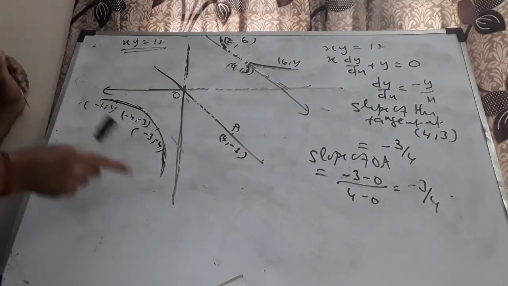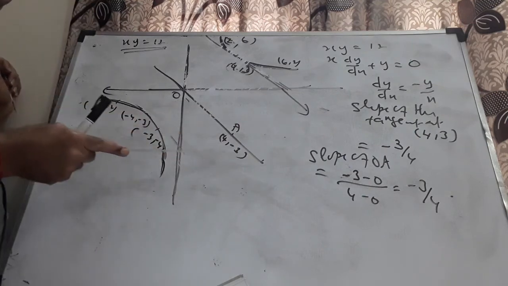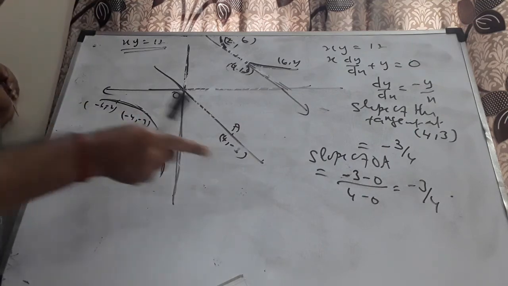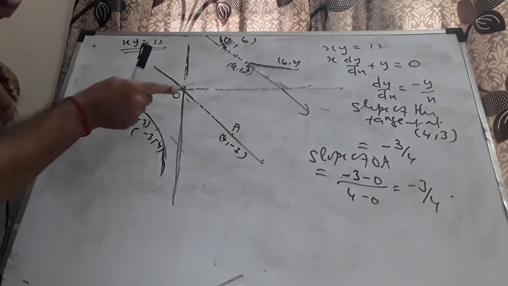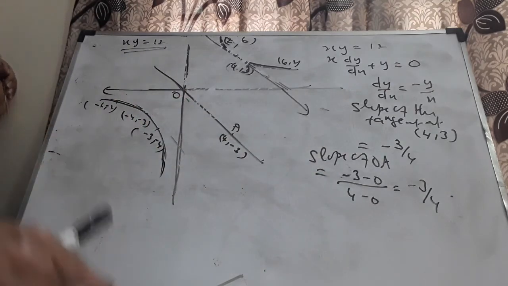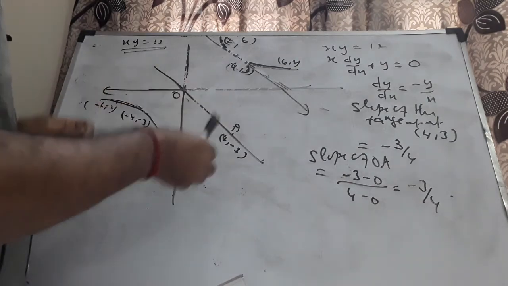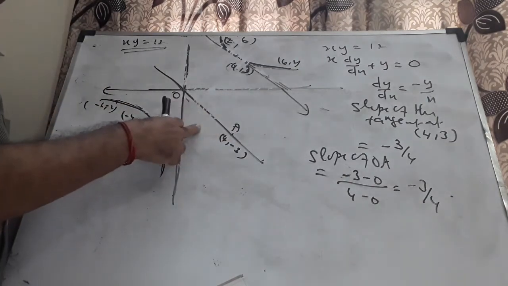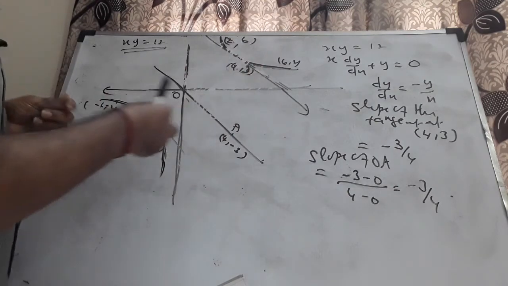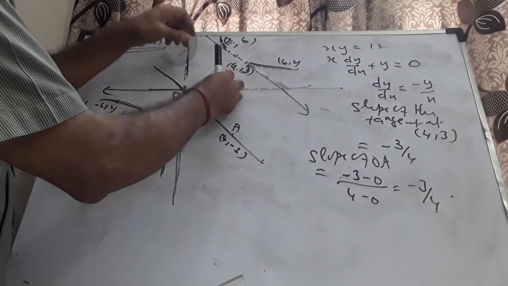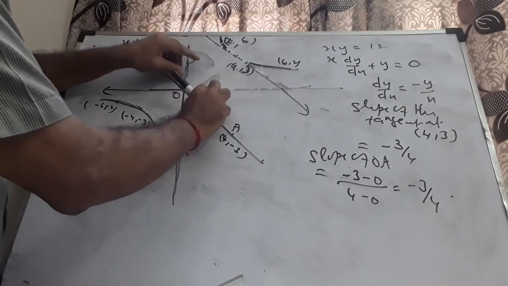Now the slope of the line joining OA will be (y2 minus y1) by (x2 minus x1), that is (-3 minus 0) by (4 minus 0). Therefore these two slopes are equal, and therefore the tangent here is definitely parallel to OA. Therefore I will be able to draw a line parallel to this line OA through the point (4, 3). If you name the point, let us say, P, I will put my set square like this.